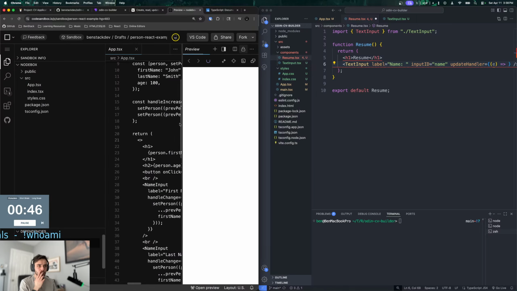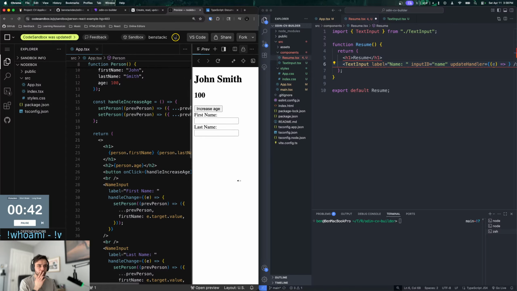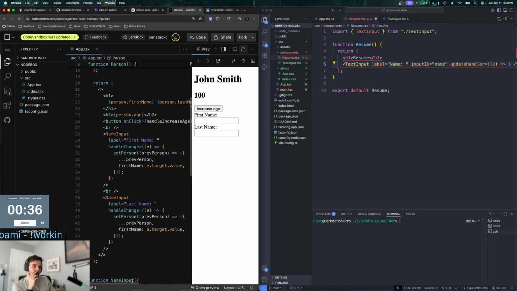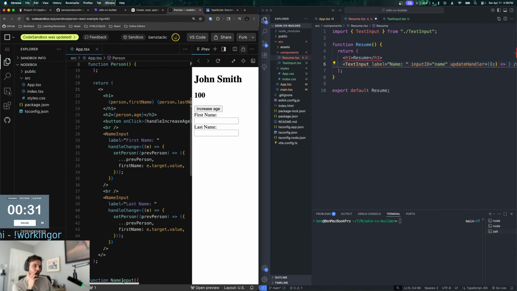Is it this? Handle change. Oh yeah, I was setting the state, right? So the state would have to live in the next object up, right?